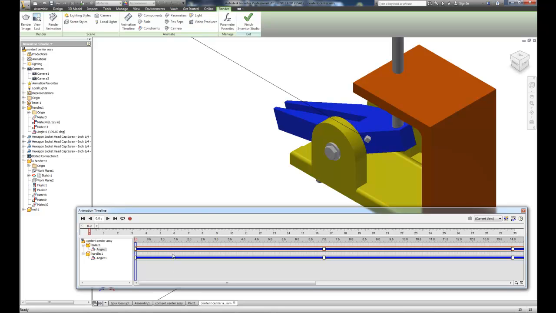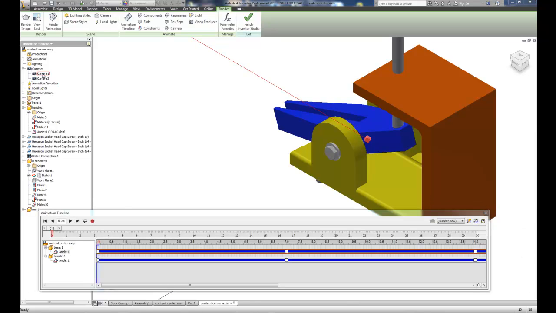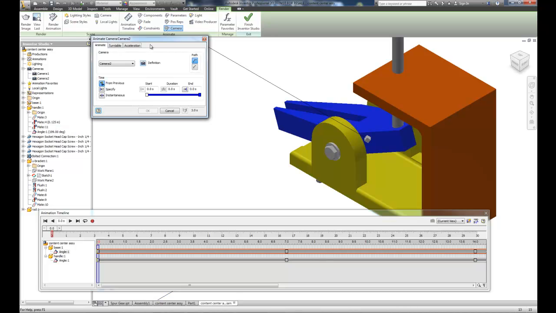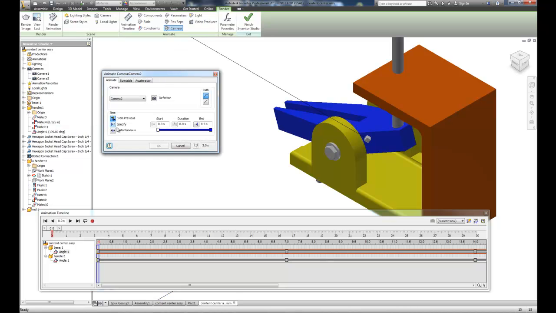We can also, as part of this animation, I mentioned that I can move cameras or switch cameras. So I can create camera views in here. We're going to go ahead and animate camera 2. So I'll choose, right mouse click on camera 2. We'll choose animate camera. And so what we're going to do is not physically move the camera, but we're going to switch to it under a